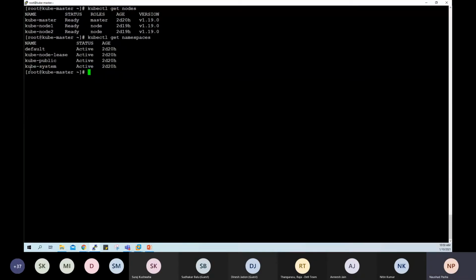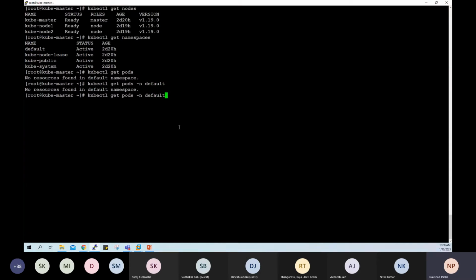Now, there is kube-system, a namespace within which some pods are created by default when you deploy the Kubernetes cluster. If I run the command kubectl get pods, it says there are no resources in the default namespace, because by default, the namespace is what? Default. But if I want to list the resources of a different namespace, I should mention the name of the namespace followed by -n. -n is to mention the namespace.